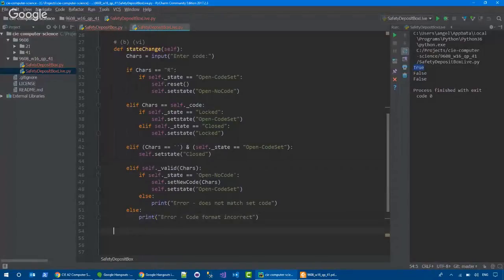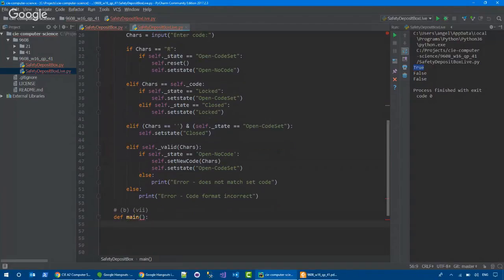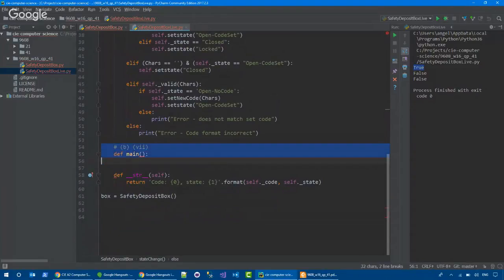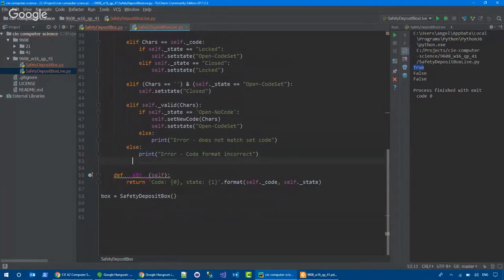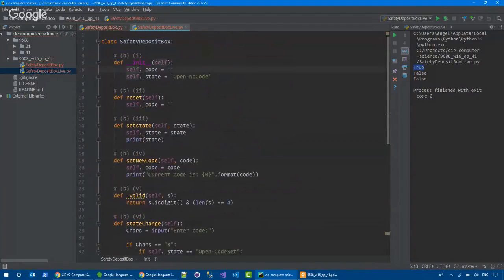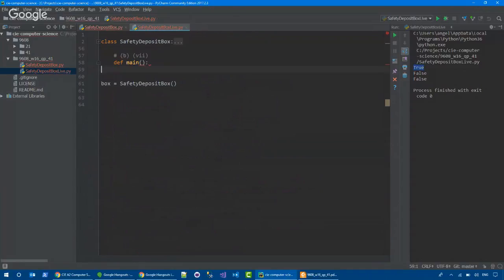So question, still B 7. We want to define a main method basically that creates. No, we don't want self. It's just a main method. It's the main. We don't want this to be as part of the class. So okay. So this is our class, right? So I can collapse this, and then I want to define a main method outside it, right? That contains our